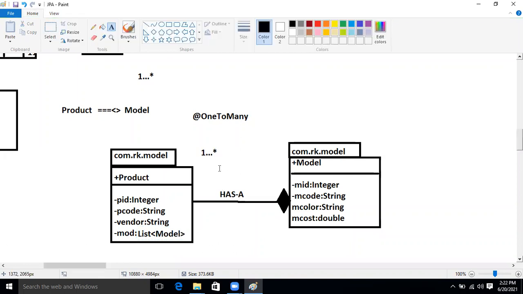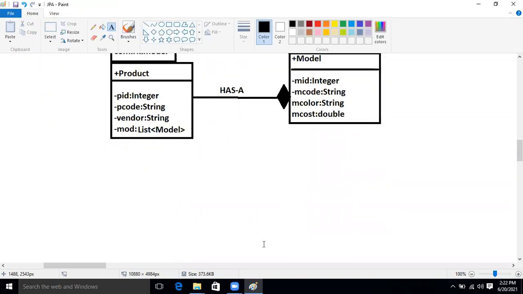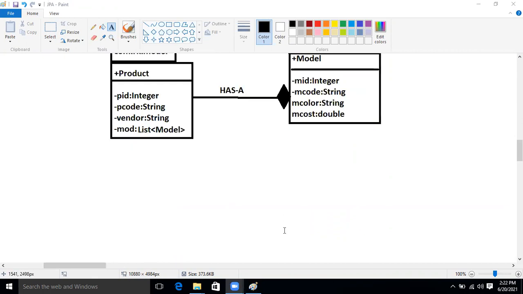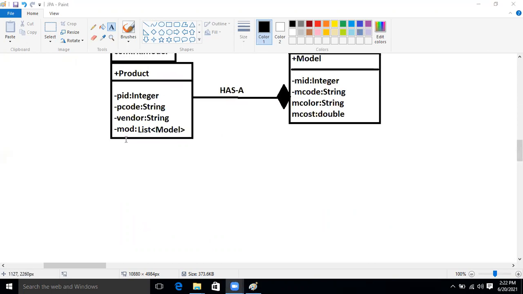Okay, so fine now, guys. Let's compare it. If a one to many relation is there, how will the table generate? See this. What will the table be now, guys? Here this one is the one table.